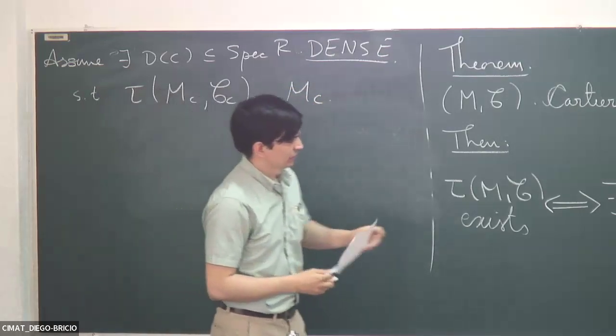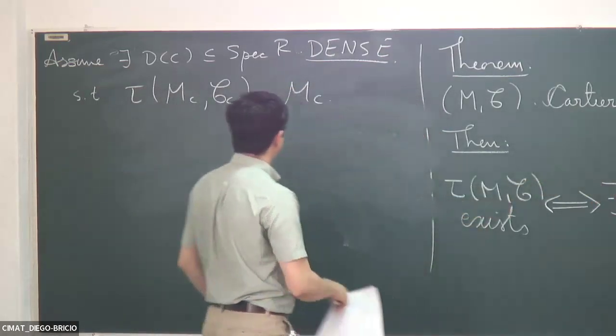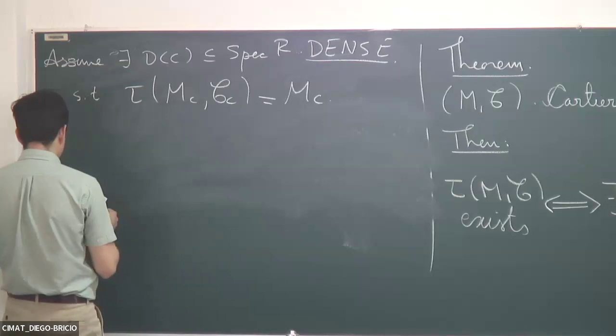So we're assuming 1 and 2, and we're going to try to prove the existence of test elements,